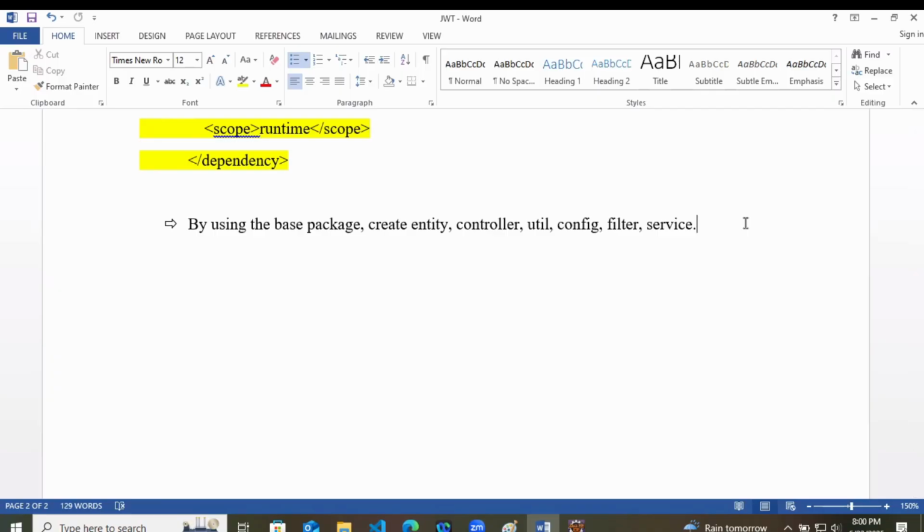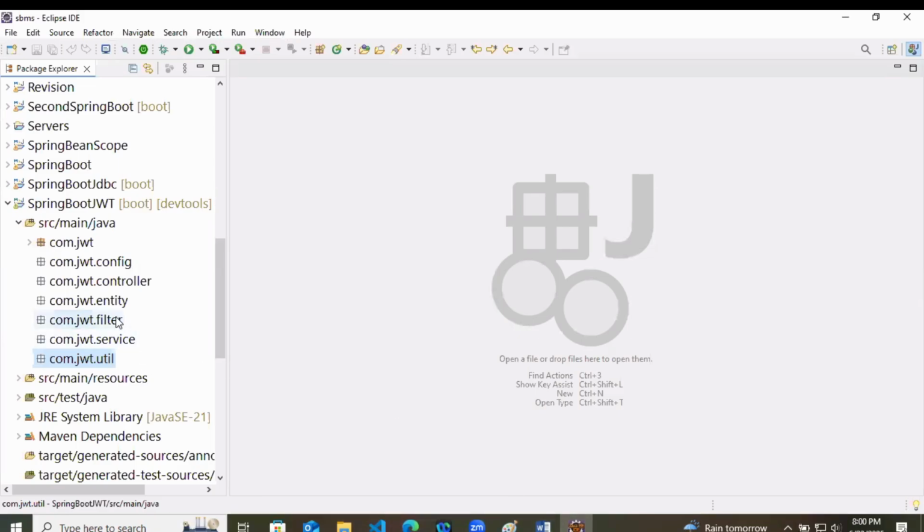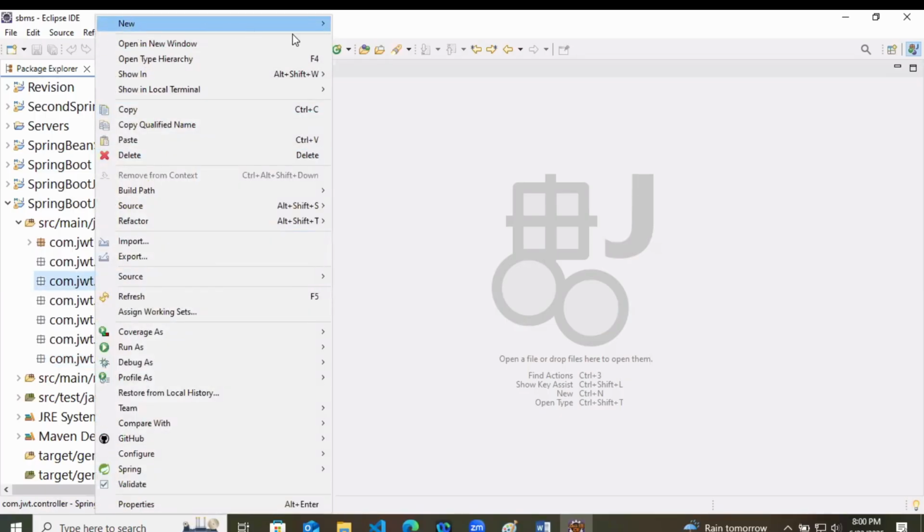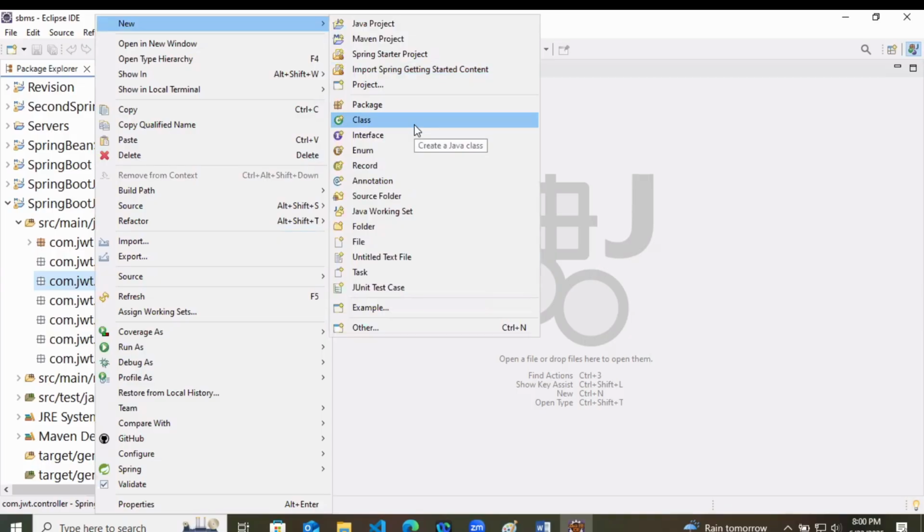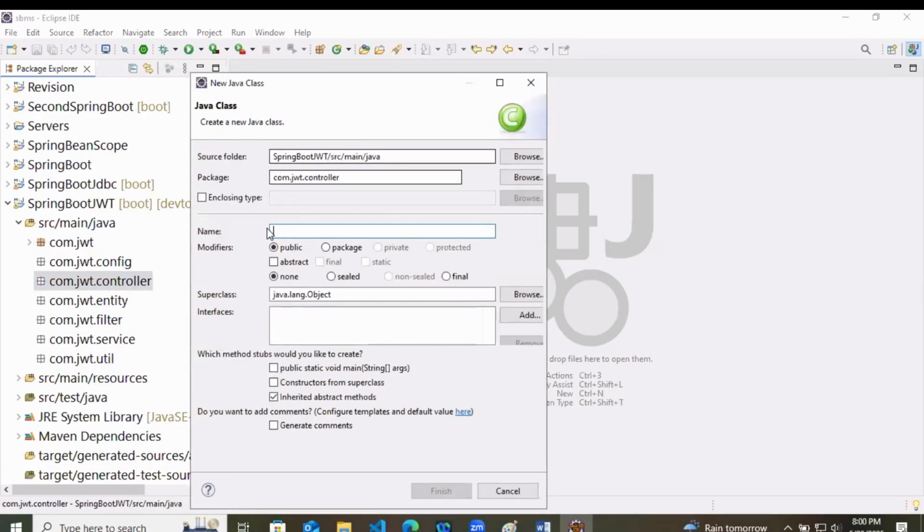Now, what will we do? At first, we have to write the basic things. So inside the controller, I will create a class. You can name it auth controller or home controller, because we are focusing on auth here.